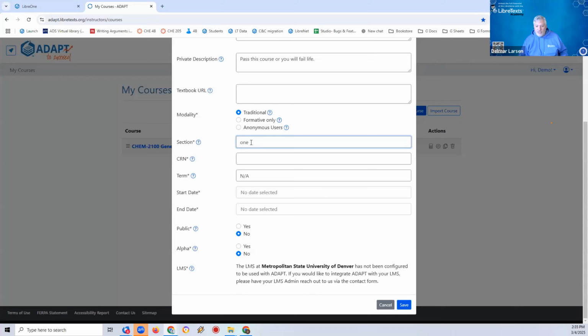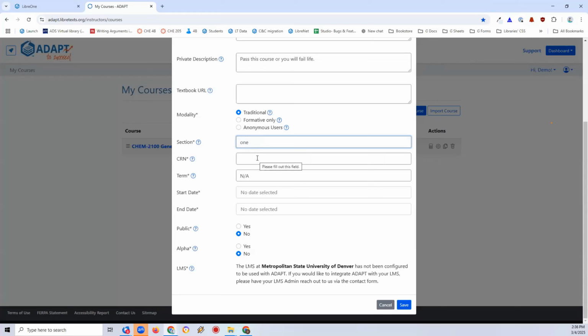But Rachel does have section and CRN. So I am a little perplexed about why you have one versus the other. Anyways, don't worry about it. Just to clarify, if I did have multiple sections, would they all be filtered into the same thing? No, so you have a way to handle it once the course is made. Okay.